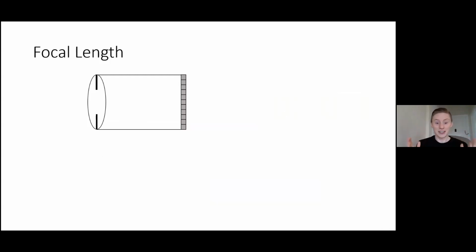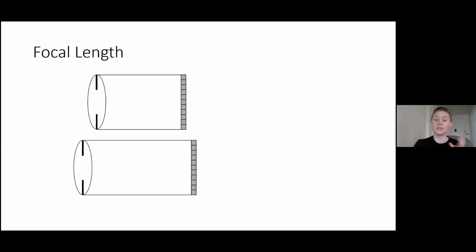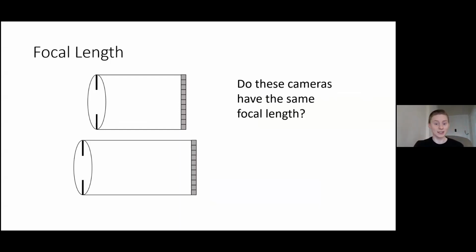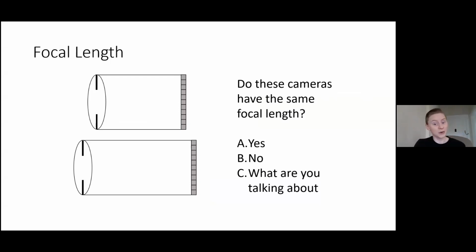So the question is, I've got this simple camera. I have a lens, aperture, photosensor. If I take the exact same camera and I move the lens, do those two cameras have the same focal length? The answers you could give me are, yes, they do, no, they don't, or what are you talking about? And the last time I gave this, we had about 2/3 of people saying that the focal